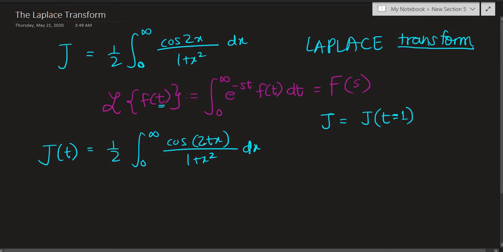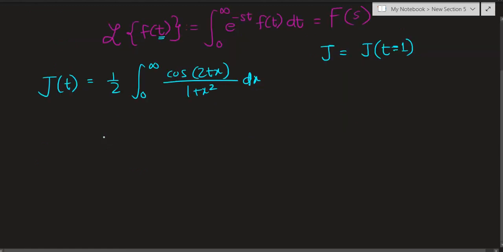Right now we are generalizing for t, that's why we parameterize, and also for the requirements of this Laplace transform. We needed a function of t, so we made it a function of t. So let's take the Laplace transform of both sides. So we have the Laplace transform of J of t